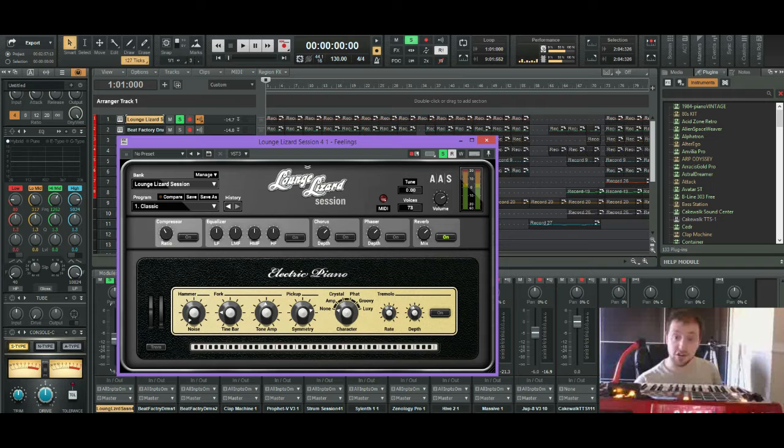This thing is really good, especially for electric pianos if you want to do something like that. Usually it's not my cup of tea, but because I wanted to go for a classic Armin van Buuren, unusual vibe, I pretty much went for the Lounge Lizard. So take a listen.